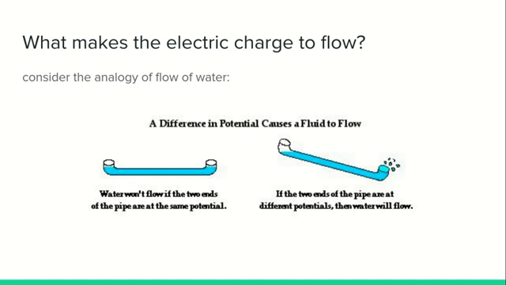As all currents do, water current also flows from a higher potential to a lower potential level. As the difference between these levels increases, the flow rate also increases. You can see here in this pipe, the water level is the same at both ends.